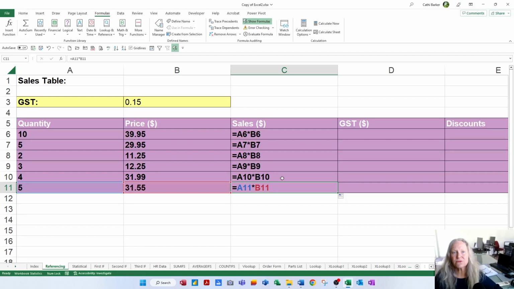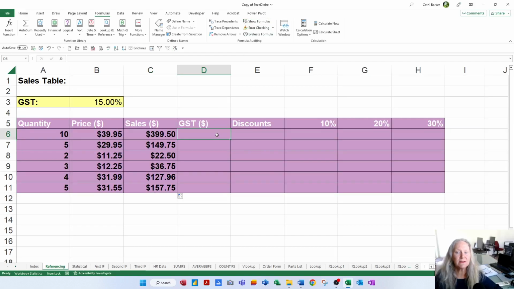Now that's Excel's default behavior, and most of the time that's exactly what we want Excel to do. But there are the odd times when we don't want these cell references to relatively adjust. So let's address that. I'm going to turn off the Show Formulas button, and I want to put another formula, this time into D6. In D6, I'm going to press equals. I'm going to arrow to C6, press star, and I'm going to arrow up and over to B3. So I need a formula that simply says grab the sales figure in C6 and multiply it by 15% sitting